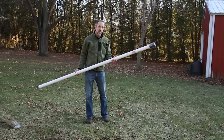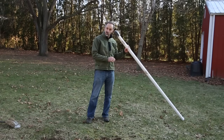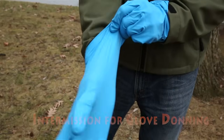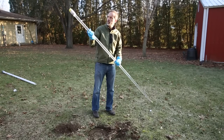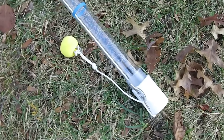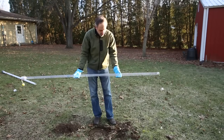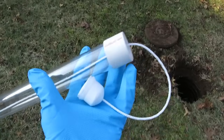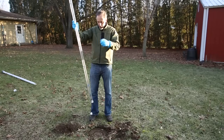As you see, it comes in this fancy PVC case that looks like a giant's ear cleaner. So this is the core sampler. It's 8 feet tall. At one end you have this cute little ball here, and the tube is clear, and then at the bottom you've got a little stopper. And what that stopper does is we're going to put this down into the bottom of your